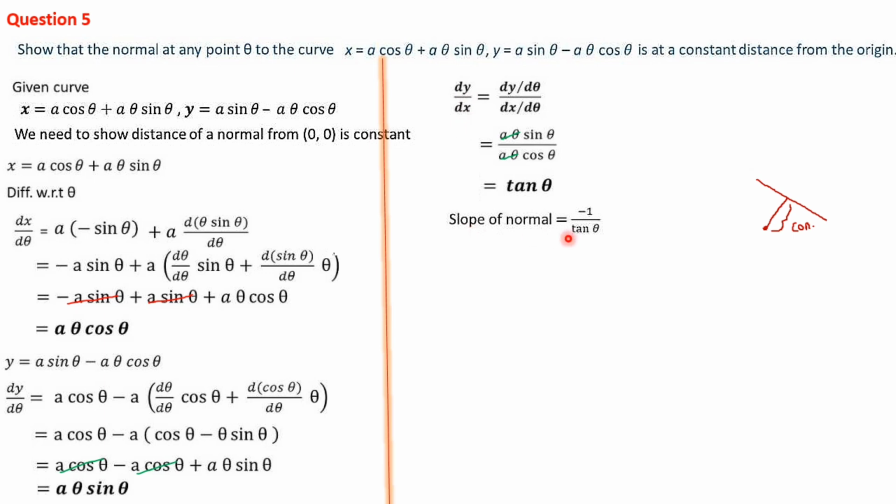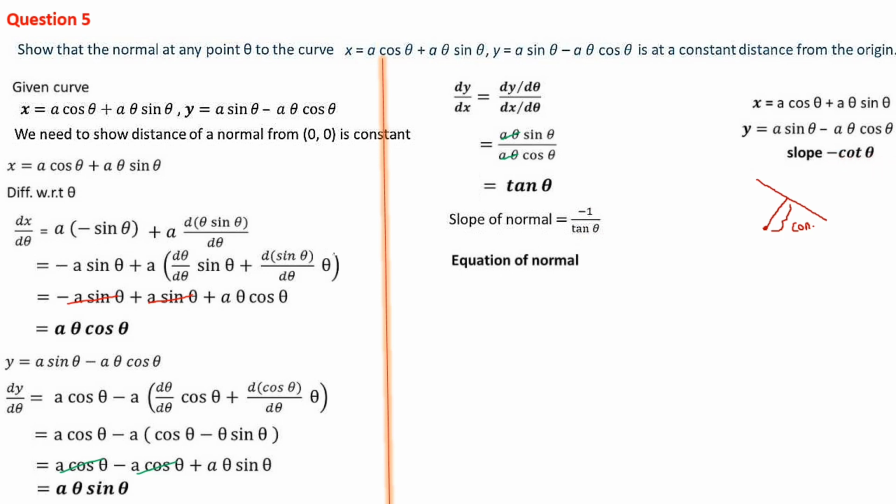Then the slope of the normal we want, that means minus 1 divided by the slope of the tangent. So minus 1 divided by, this is the slope of the tangent, tan theta. Minus 1 by tan theta is minus cot theta, which we will be using later. Let it be there. Then we are going to write the equation of the normal. For writing the equation of the normal, we have all the things. The point is there, the x coordinate and y coordinate are with us, and the slope also is there. Slope minus 1 by tan theta I am taking as minus cot theta, okay.